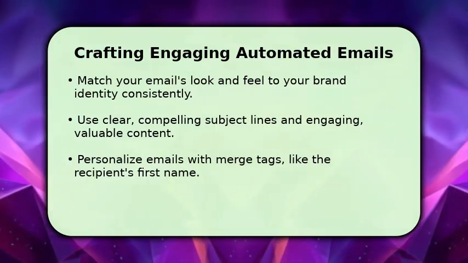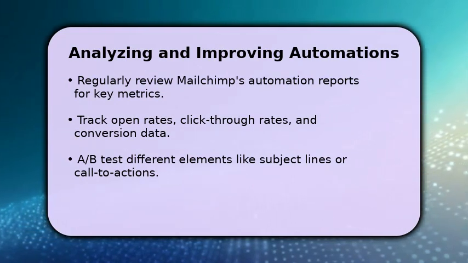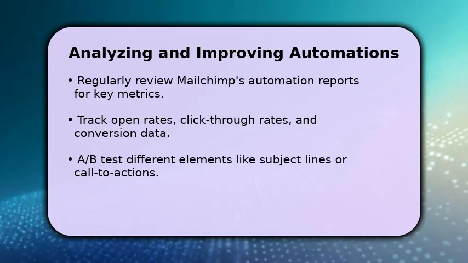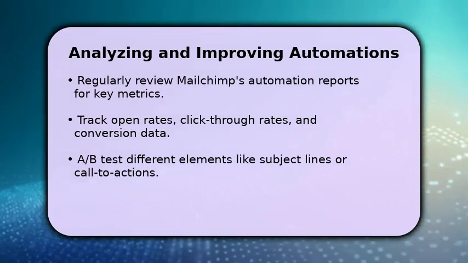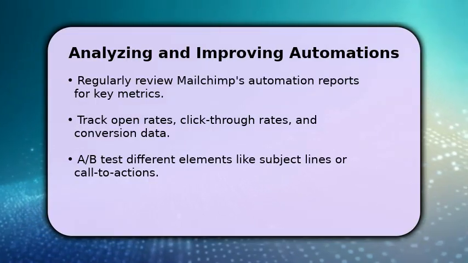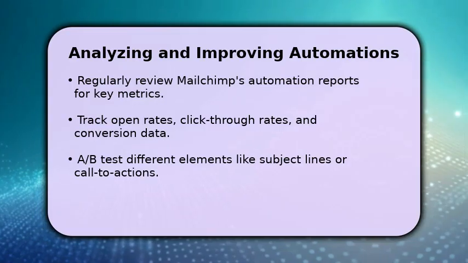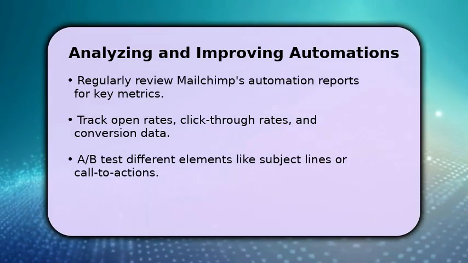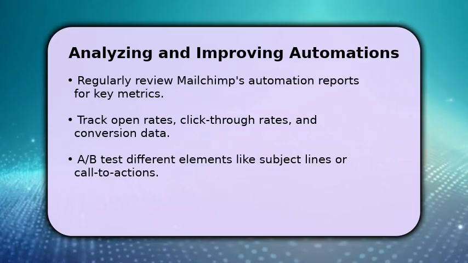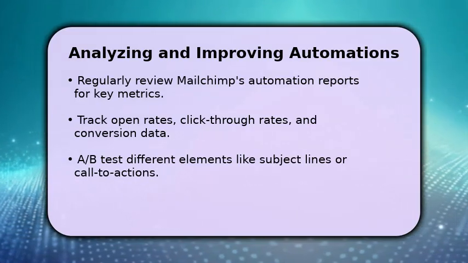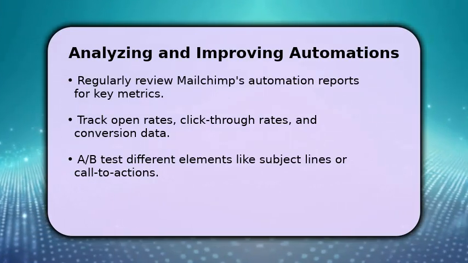and interact with. Once your automations are live, it's essential to monitor their performance. Mailchimp provides comprehensive reports that show key metrics like open rates, click-through rates, and conversions. Regularly review these reports to understand what's working and what isn't. Consider A/B testing different elements, such as 2 subject lines or 2 call-to-action buttons, to see which performs better. By continuously analyzing and refining your triggers, content, and timing, you can optimize your automations for maximum impact and achieve